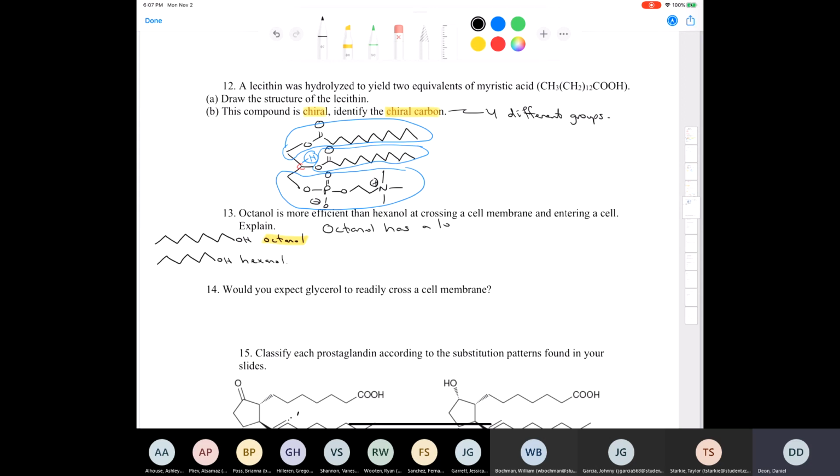Octanol has a longer hydrophobic tail than hexanol, and is therefore more efficient at crossing the nonpolar environment of the cell membrane,